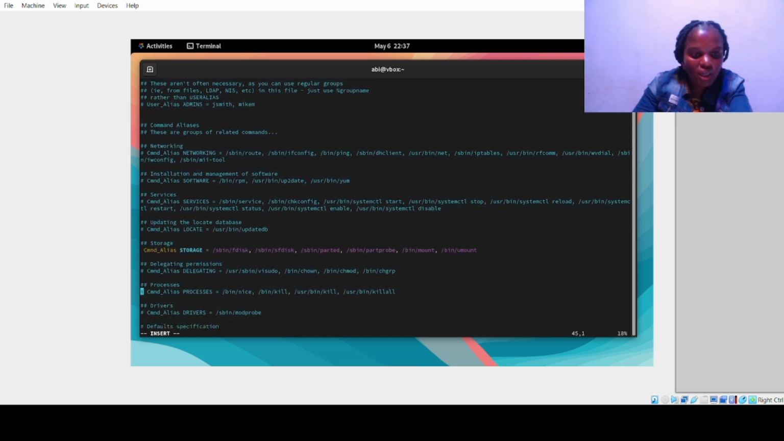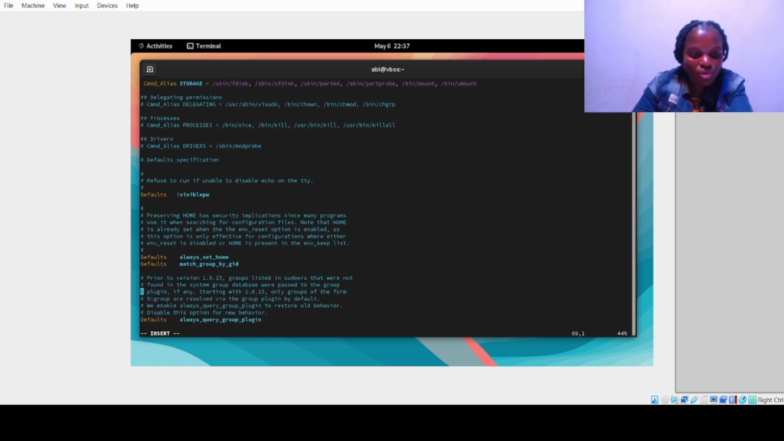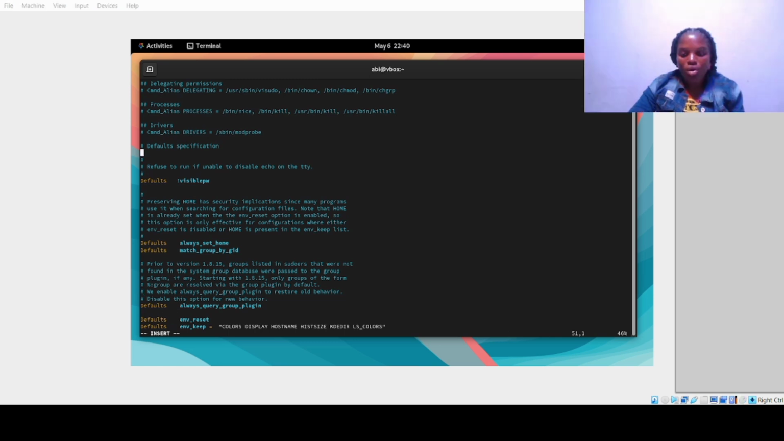So we'll just edit and we put it at 0. So we are going to come to the default specifications here, and we'll type default timestamp_timeout equal to 0. So we have set our timer to 0, and after setting our timer to 0, this works for